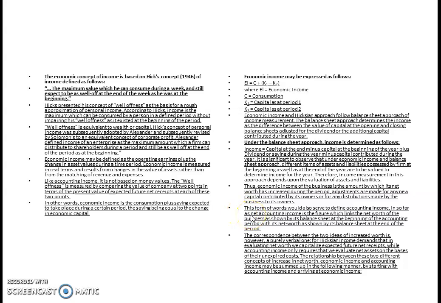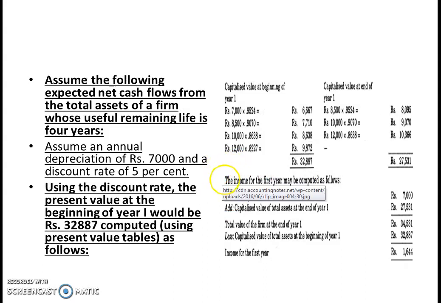So when you're talking about economic income, unlike your accounting income, it doesn't take into consideration your unexpired cost or talk about realized revenues. It's not bothered about that. It says, what is the net worth I have at the end of the year in comparison to the net worth I had at the beginning of the year? This is basically called economic income. So let us take one small example. When you're talking about economic income, keep in mind that you're also taking the net present value of this particular capital.